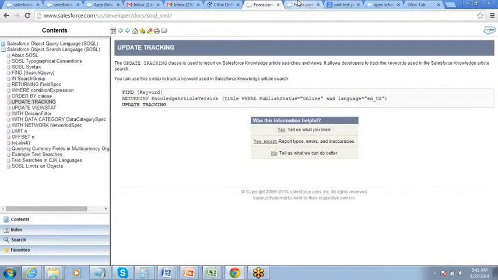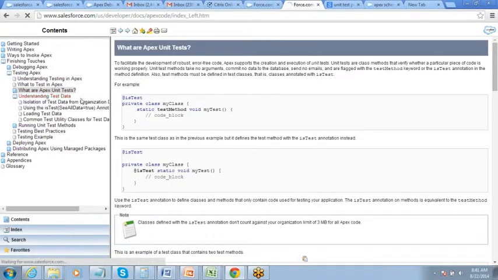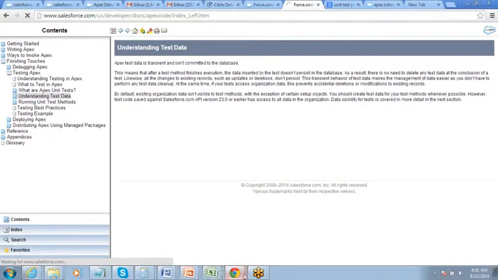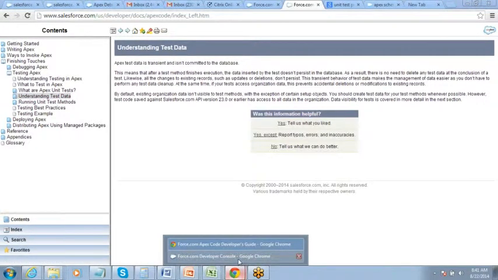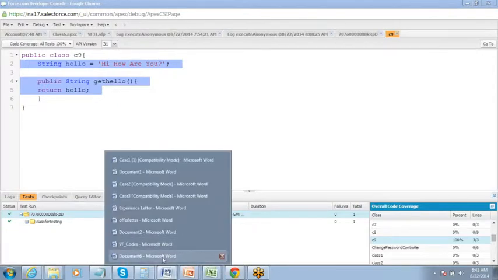Now, test data, we have to understand what is the test data. So test data is basically, what we have to understand is test method does not have access to the actual database. Okay, few important things that you need to understand.